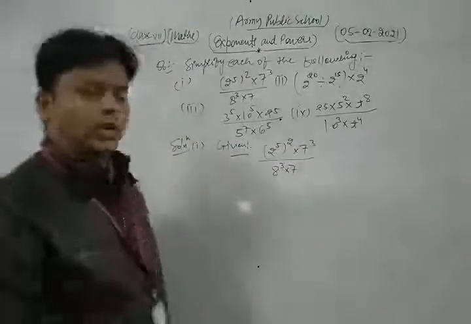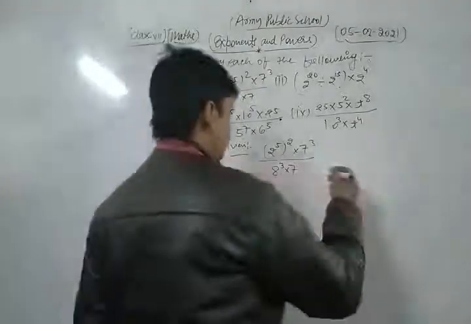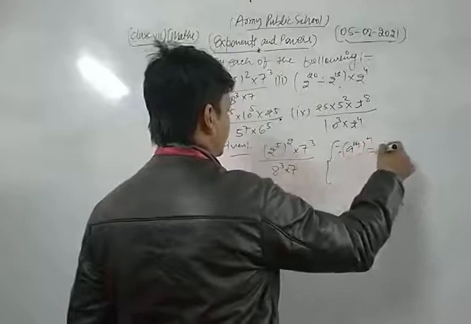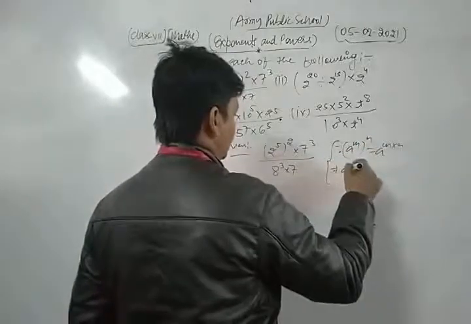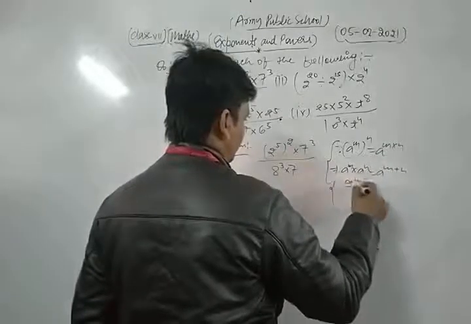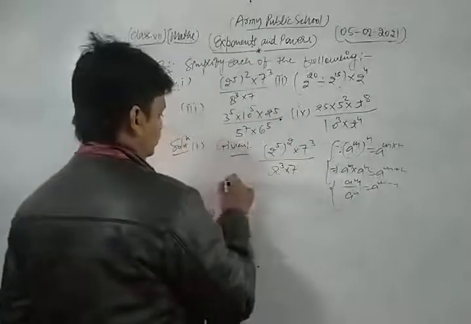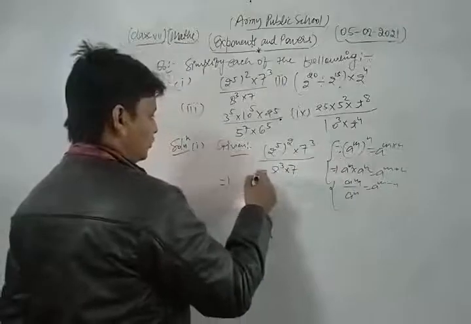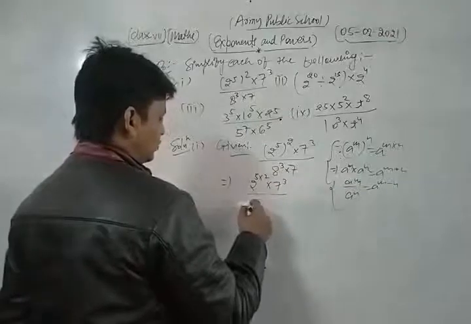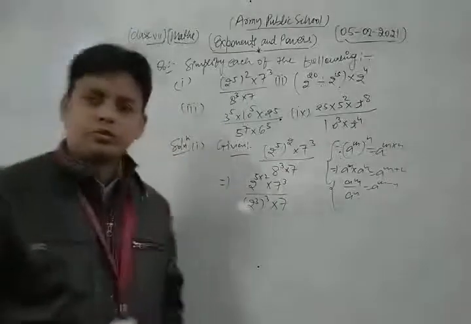Okay. Now first, we write the laws of exponent: (a power m) to whole power n is equal to a power m into n; a power m into a power n we write as a to the power m plus n; a power m upon a power n we write as a to the power m minus n. Okay. Now let's see here. So here we apply those laws of exponent. So we write 2 power 5 into 2 into 7 power 3 as it is. Here 8 we write as (2 power 3) to whole power 3 into 7. Okay, because 2 2s are 4, 2 4s are 8.